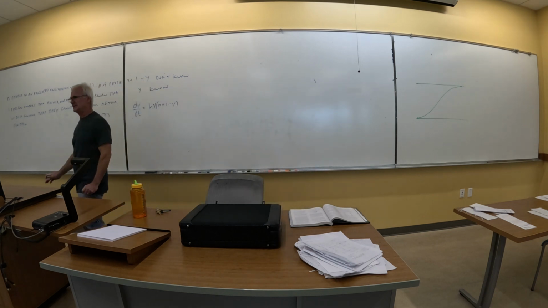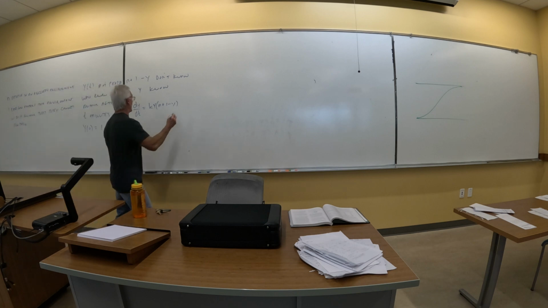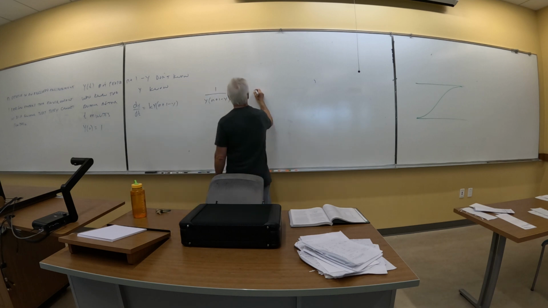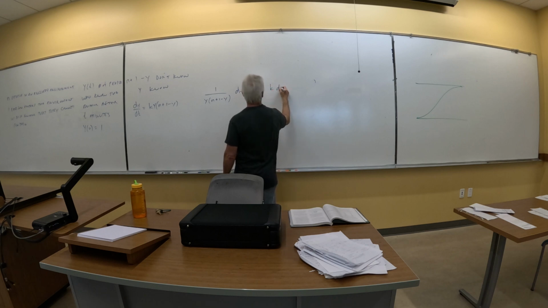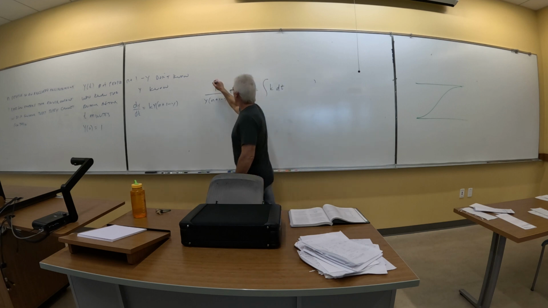So how do I set this up? Is this separable? Yeah, because n is a constant. So can I do 1 over y times (n plus 1 minus y) dy equals k dt? Stare at that for a moment. Yes. So therefore,